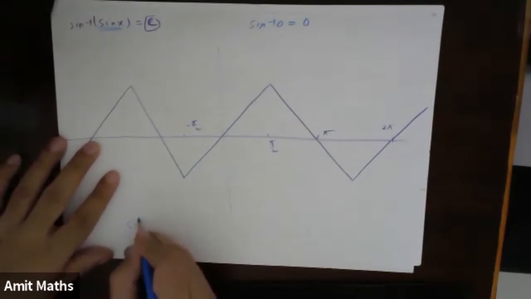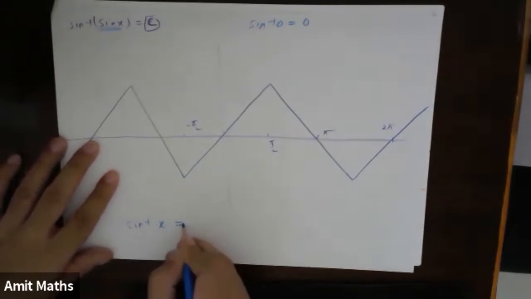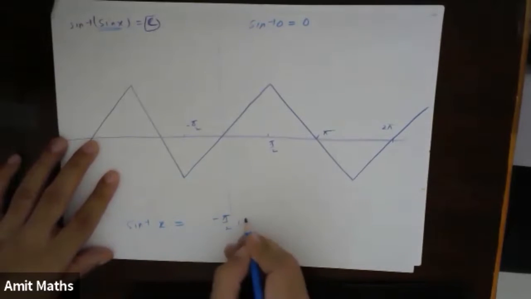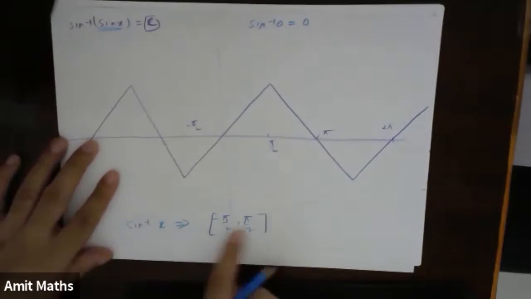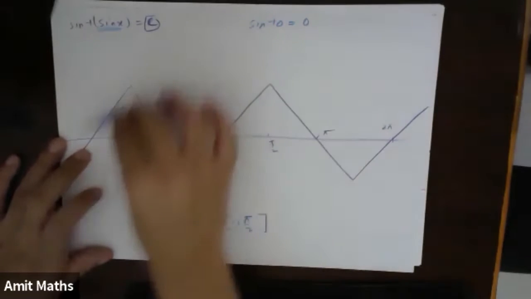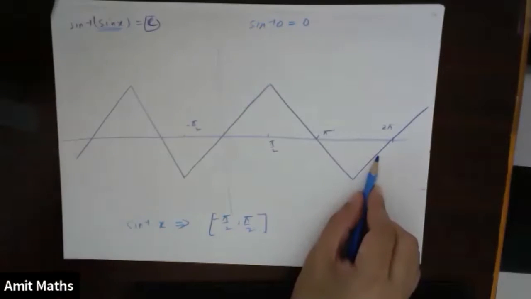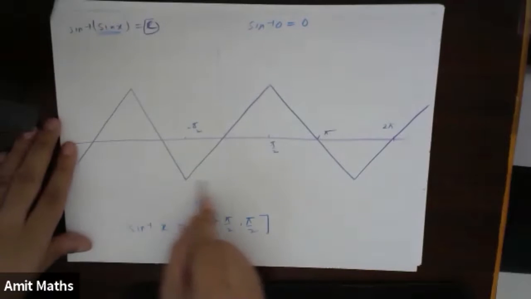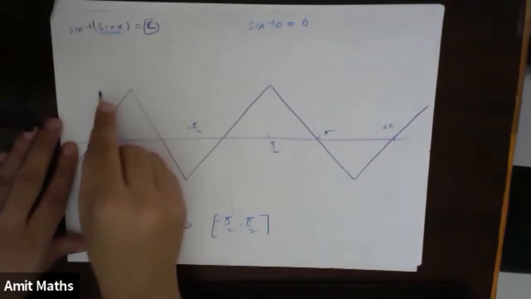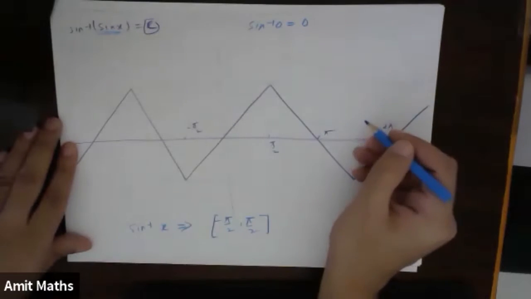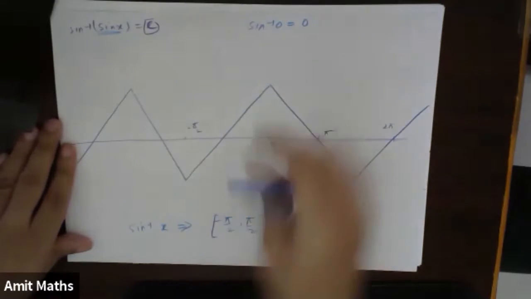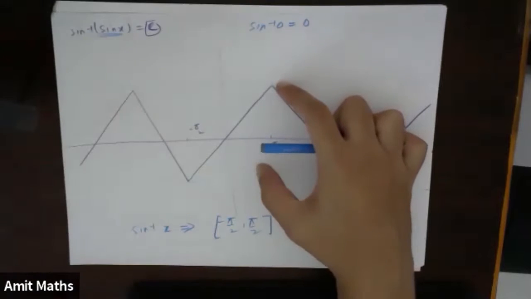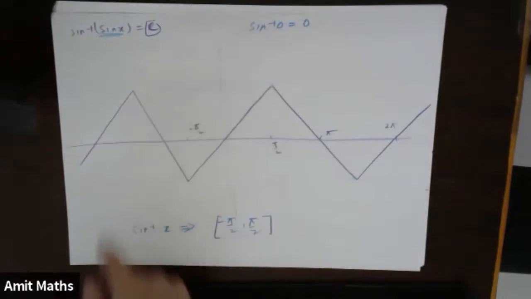By sine inverse of x, this will give output from minus pi by 2 to pi by 2. This we know. And everywhere, whatever value of x you take, the minimum value of output is minus pi by 2 and the maximum value of output is pi by 2. Understood? So this will not go beyond pi by 2 and will not go beyond minus pi by 2. The only difference is that now you can take any value of x. Okay, I hope this part is clear, right? Just check the previous graph also.